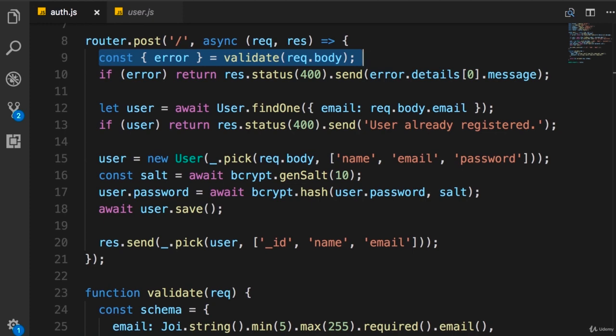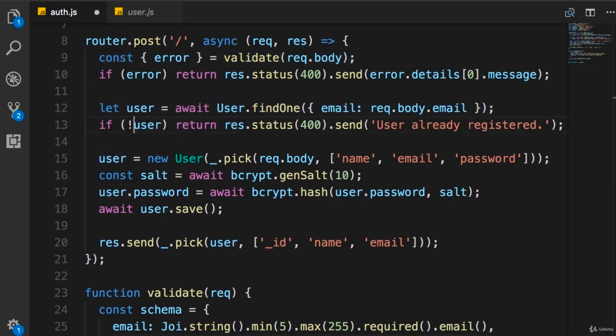Next, we need to make sure that we do have a user with the given email. So we load the user. If we don't have the user, so here we apply the not operator. If we don't have the user, we should send a 400 error to the client, which means bad request. And the message should be